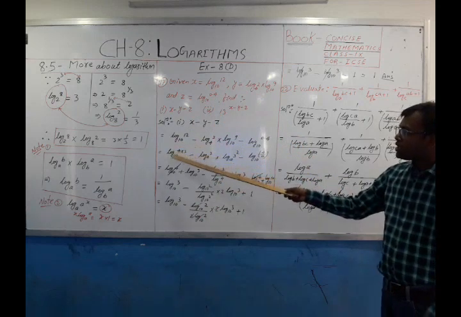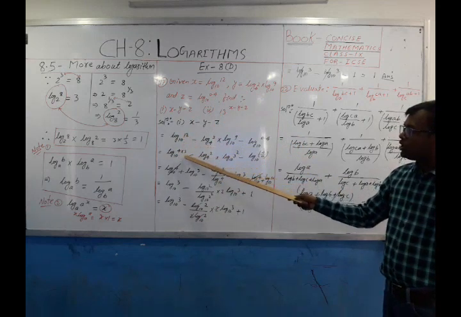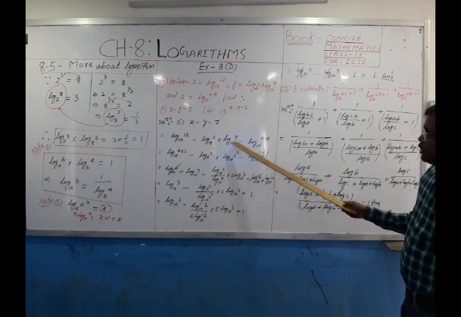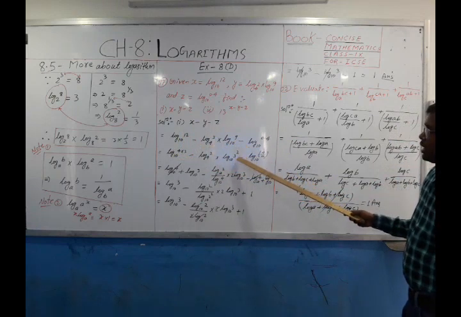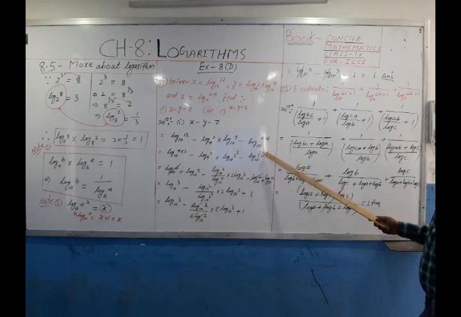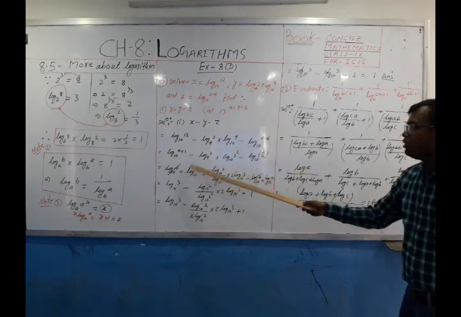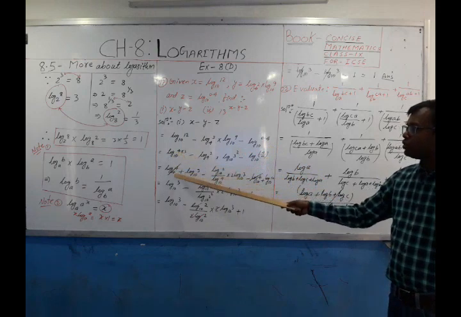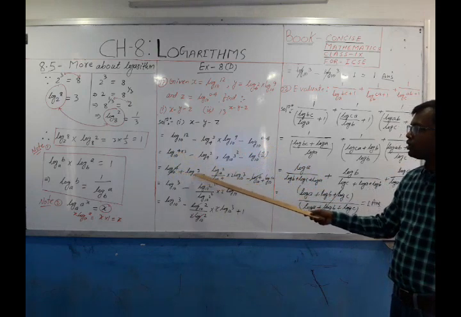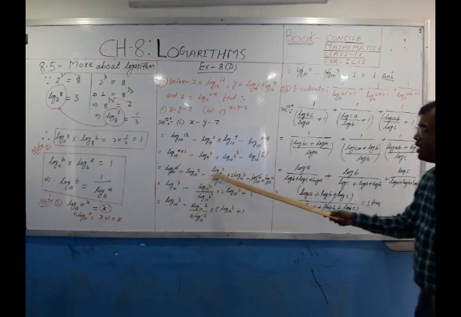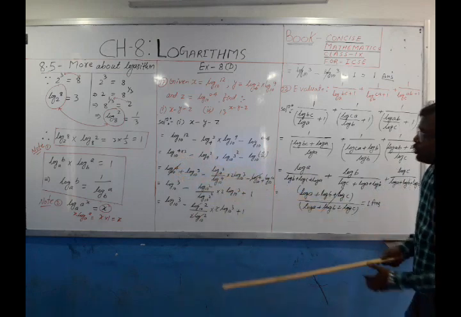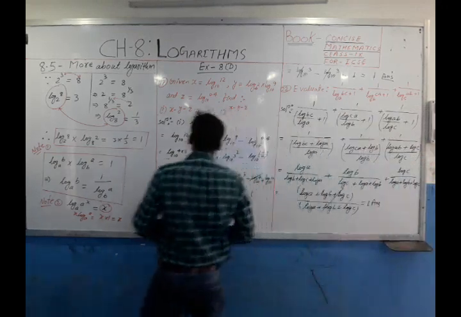Okay, now make a simplification. Therefore, you may write 12 as 4 into 3, and for z, that means 9, you can write 3 to the power 2, and 0.4 you may write as 4 by 10. Now see here, you may break this log m into n form. So log 4 plus log 3 with the base 10, and minus log 4 to the power 2. So you may write this one